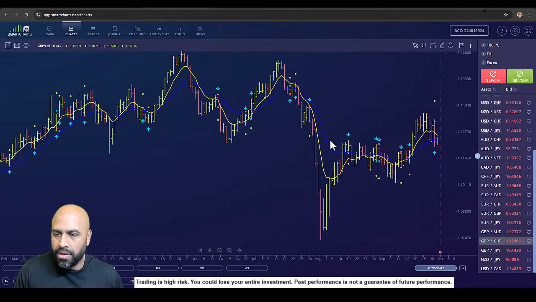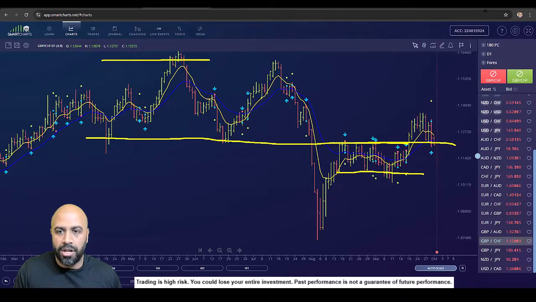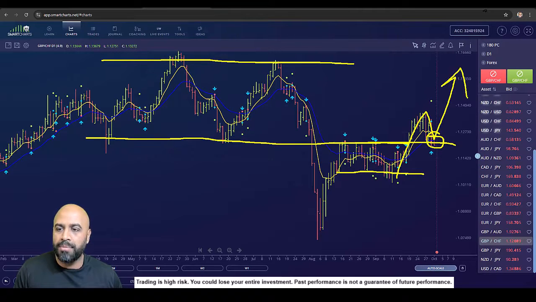But if you are, then we had pound Swiss, where price broke outside this small trading range, but actually came back inside this larger trading range, and price came into this moving average zone, and we were looking for buys to actually turn up and maybe try to continue the move back to the top on this false breakout. So it's a positional trade because the trend hasn't been confirmed, because we don't have the higher high and higher low cycles. We're coming back inside of a trading range, but the reward to risk was good enough, to the top.